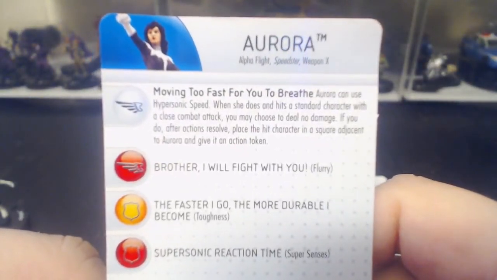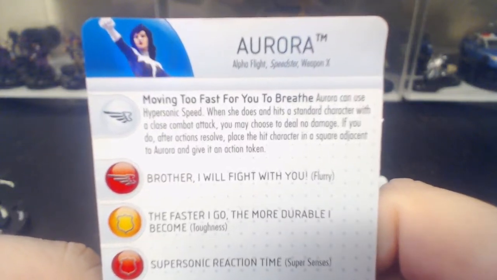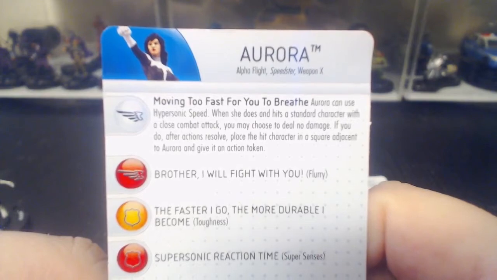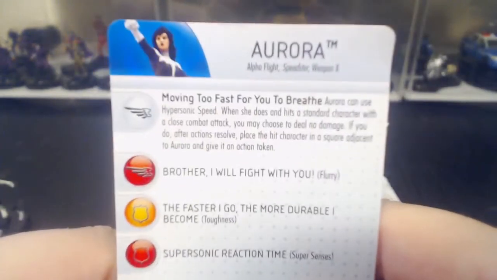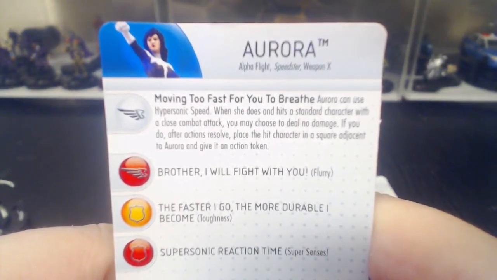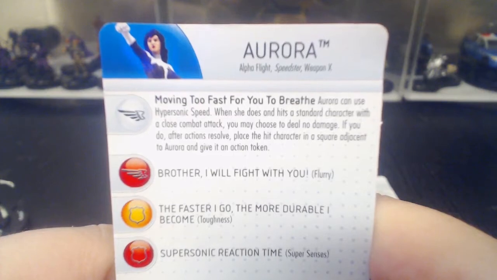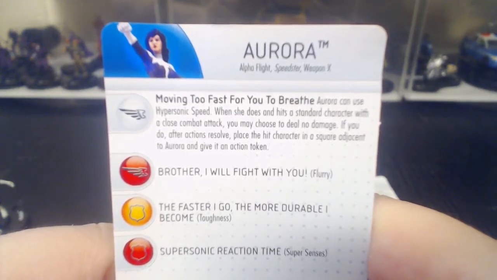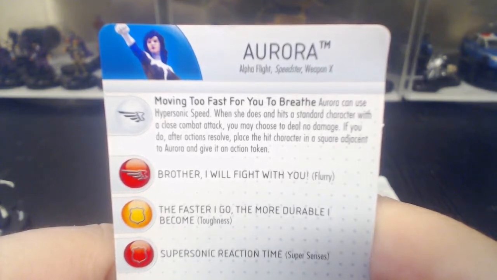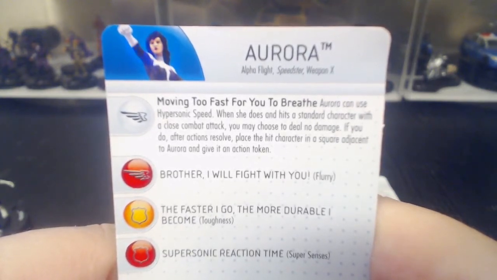Okay, let's look at Aurora, and I think we're going to see about the same exact thing with Aurora. Alpha Flight, Speedster, Weapon X. So she doesn't have X-Man keyword. I don't know why they're giving a Weapon X keyword. So she has a very similar dial, no other powers. Very similar hypersonic. Moving too fast for you to breathe, Aurora can use hypersonic speed. When she does and hits a standard character with a close combat attack, you may choose to deal no damage. If you do, after action resolves, place the hit character in a square adjacent to Aurora and give it an action token. So basically,